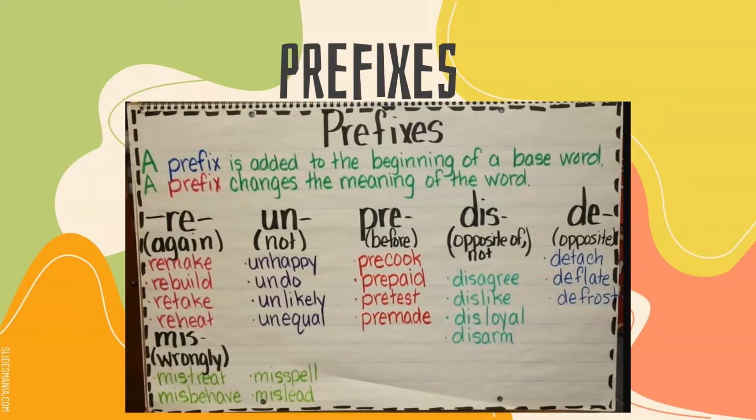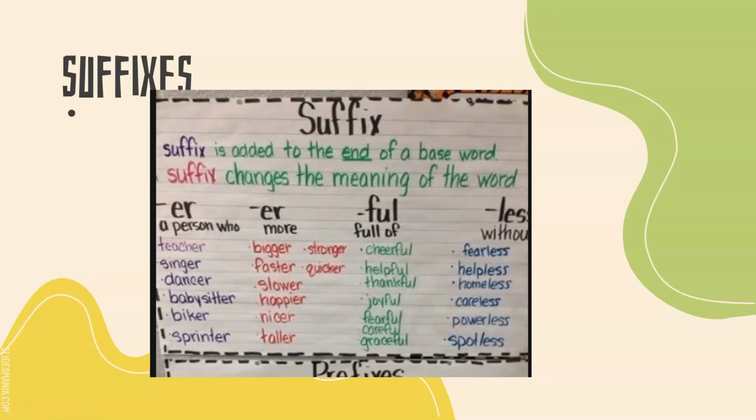Last week, we focused on prefixes, the words at the beginning of the base word, and you guys did a very nice job identifying prefixes. Again, re means again, un, not, pre, before, dis, opposite of or not, de, opposite, and mis, wrongly. So we are going to continue focusing on those. We are also going to add suffixes. A suffix is added to the end. So a prefix is added to the beginning, a suffix is added to the end, and it can also change